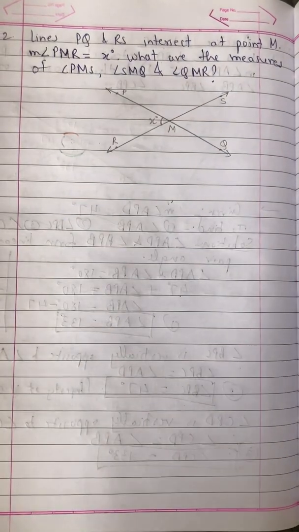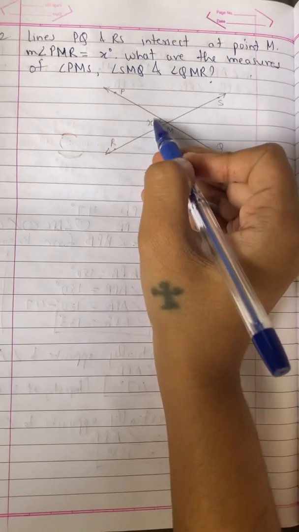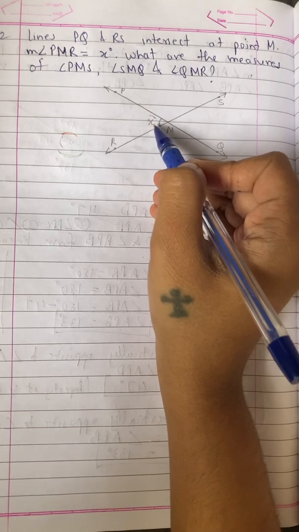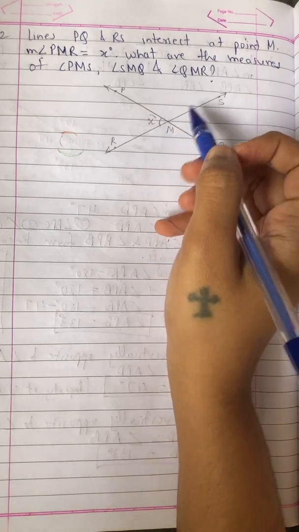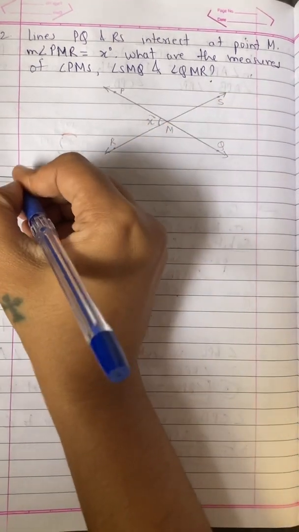Alright. So again same thing, here it is given, only your measurement is not given in the form of a number. Here it is given in the form of a variable, x degree दिया है. It is not given as 60 degree. Last question it was given 47 degree. यहाँ पे बस x degree दिया है. So this also we can solve.